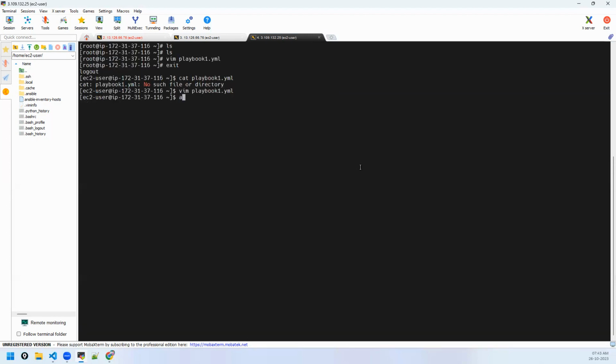So how do you run the playbook? Ansible playbook. Okay. Minus i, the inventory name. Okay. And then the playbook name. Okay. If you want to do a syntax check,